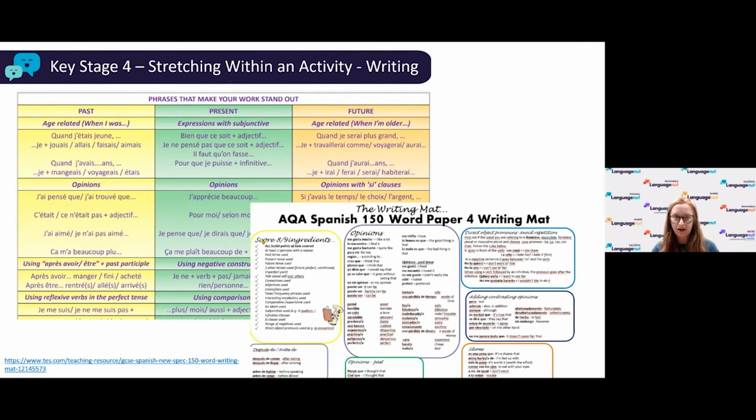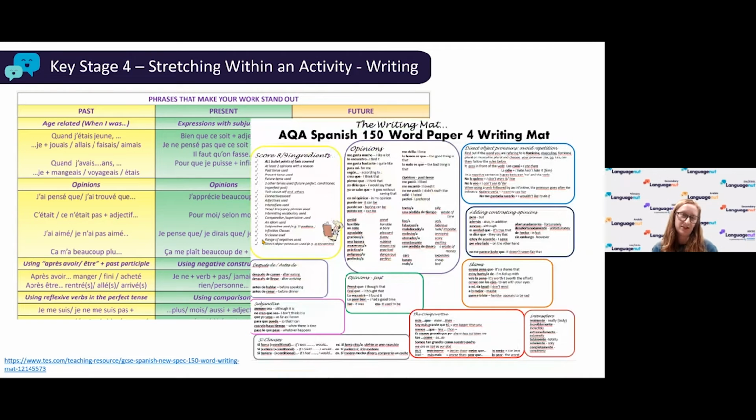I must caveat this slide by saying deliberately, these are not banks that I have made, they're ones that are available out there on the internet for free. I've included a link there. Obviously, with these kinds of activities, there is no need to reinvent the wheel, particularly if you're an early careers teacher. There's no point in spending hours and hours on one of these when you can adapt one